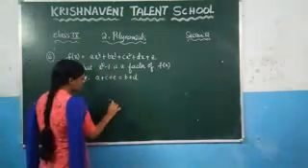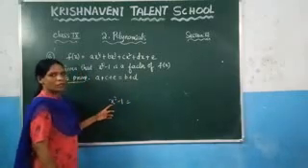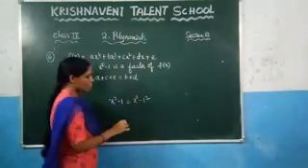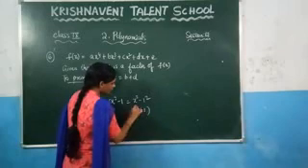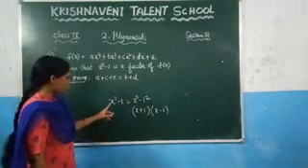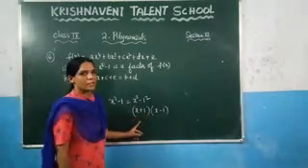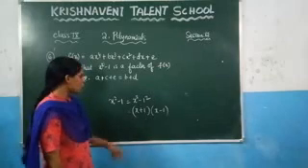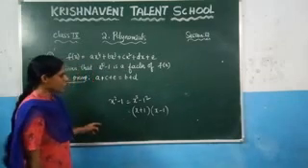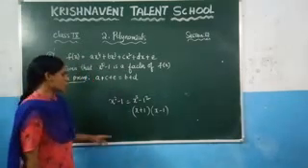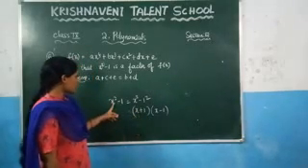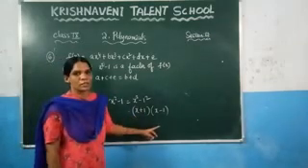So here consider x square minus 1. You know that it is in the form of a square minus b square. So you can write it as x square minus 1 square, and again it is in the form of (a plus b) into (a minus b). So we took this quadratic polynomial and we have written it as a product of linear polynomials. What is meant by a linear polynomial? If the degree is 1, we call it a linear polynomial. We already proved the factor theorem and the remainder theorem, and both theorems are applicable when the divisor is a linear polynomial. So we have separated this x square minus 1 as a product of two linear polynomials.